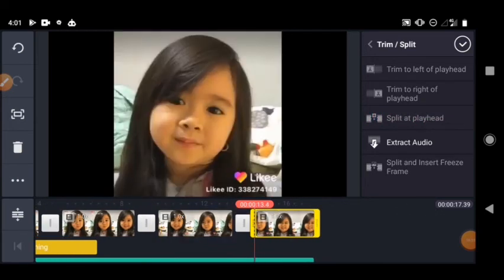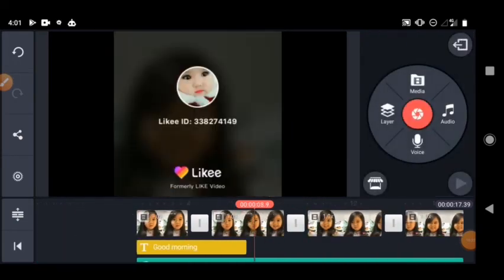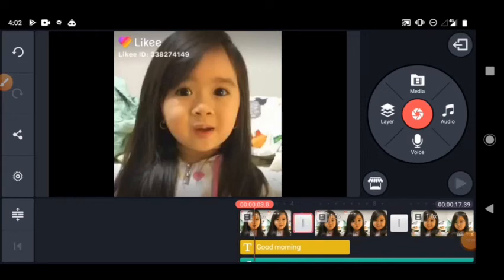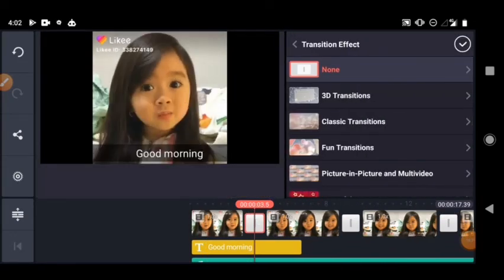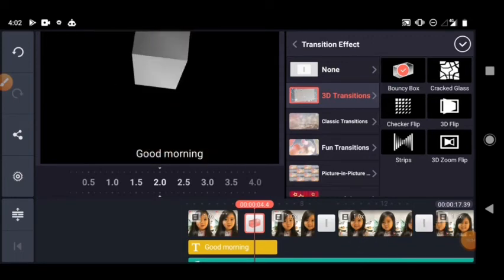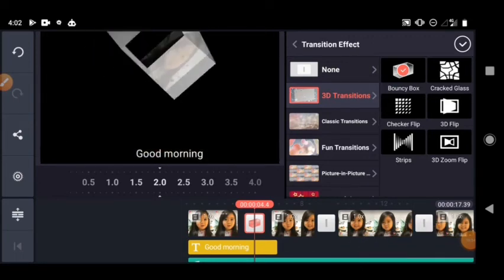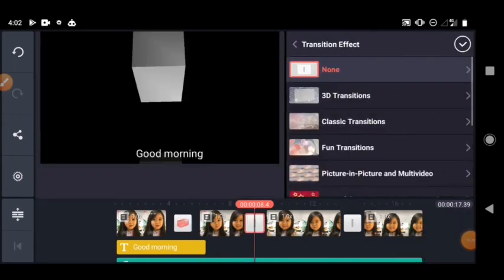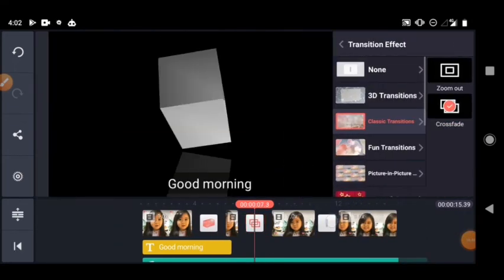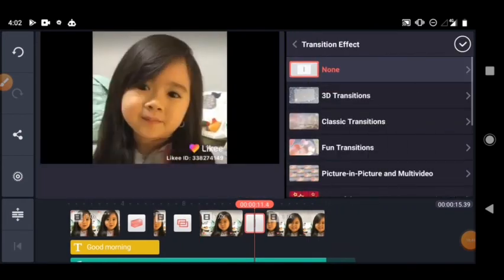Okay, so to add a transition simply means how you want the video to move from one clip to another. So you can click here and then you can add 3D transitions. Okay, let me pick this so that you see. So this is the way to transit. I can come here again and fix another transition for this. Okay, then I can come here and fix another transition